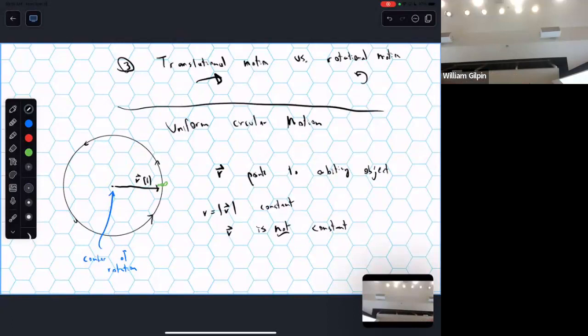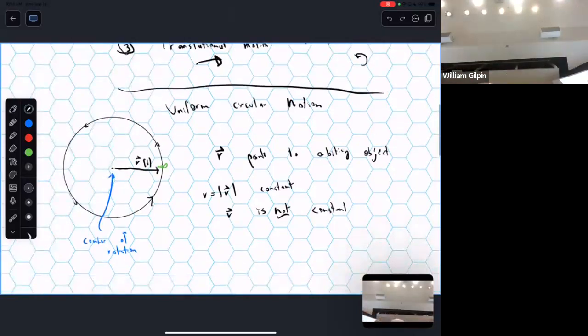In principle, it might seem straightforward. It's going in a circle, of course its position is changing, but keeping track of what's actually changing is where these problems get a little bit tricky. Okay, so that's the position. It goes in a circle, which makes sense because the object is orbiting. Okay, so now we want to do the